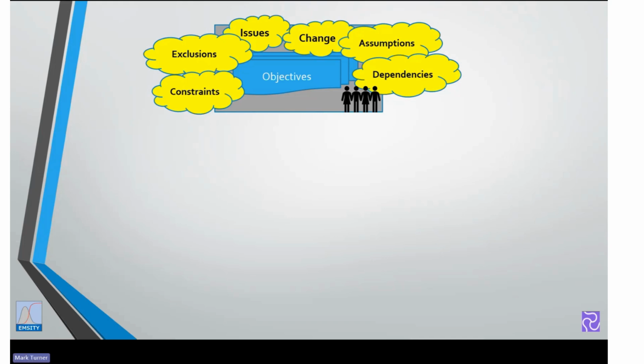So this is our project environment, and all of this leads us to consider risks, namely the uncertainties associated with the delivery of our objectives. If you're familiar with the literature, this is a classic definition from such things as ISO 31000. So we've got risks. Now, what do risks actually entail?